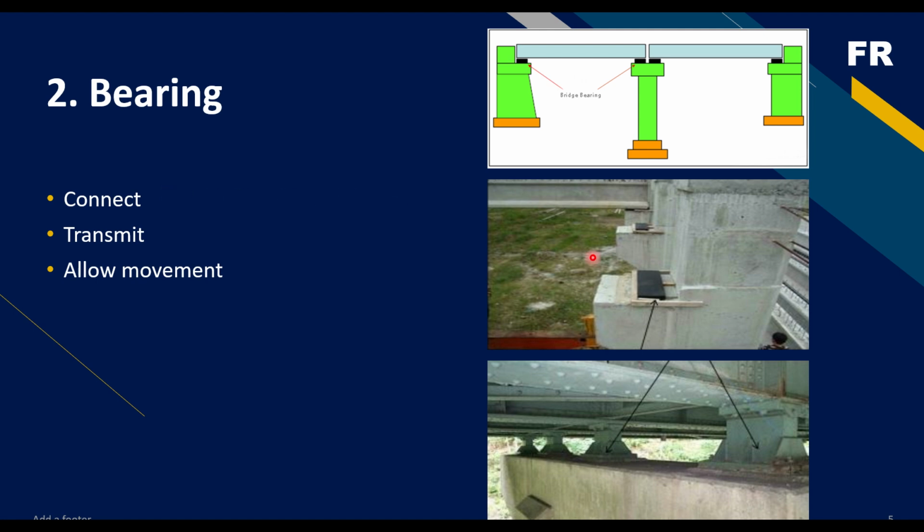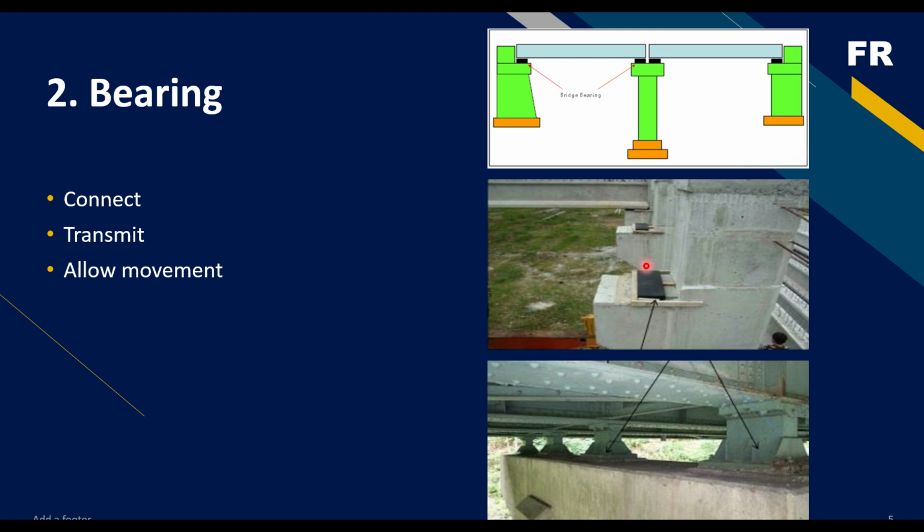So let's say this bridge here is like a beam bridge. That is, the main primary support is the beam. So you can see this black image here is the bearing. If it is a concrete bridge, either reinforced concrete or pre-stressed concrete, most of the time we use the elastomeric bearing. Then another